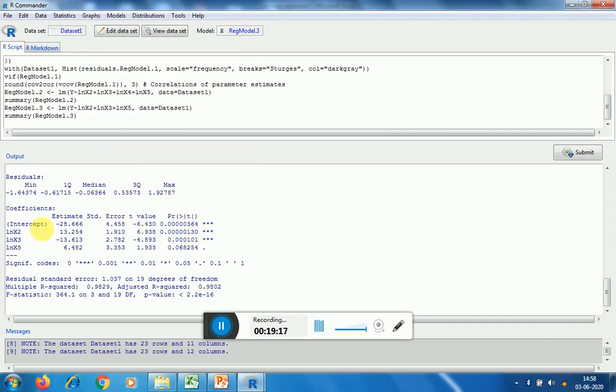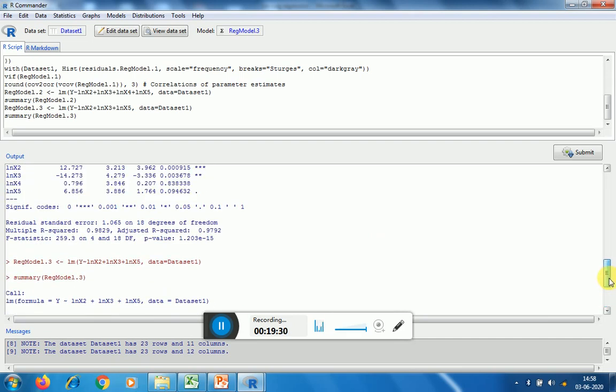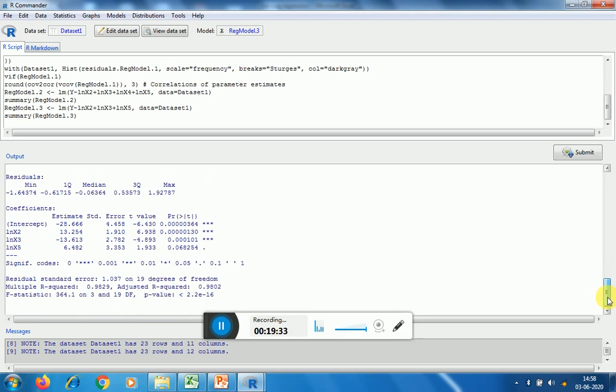Now what I see is that the multiple R squared has reduced to some extent. Now it is 92.29, while in the previous case it was almost 98.29, and now it is again the same. So even though I have eliminated that variable, this value remains unchanged, and this value is not significant at the 5% level of significance, but yes, it is significant at the 10% level. Now the question is, as far as goodness of fit is concerned, whether I should accept this or not.